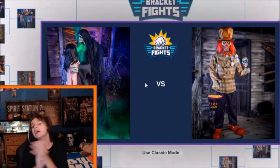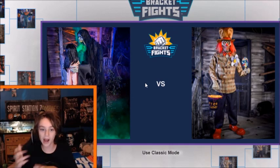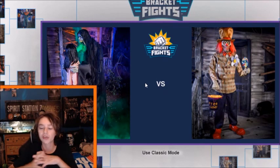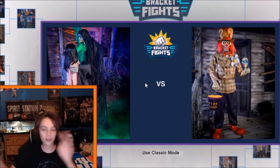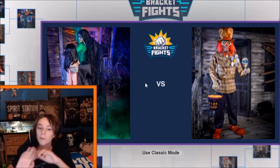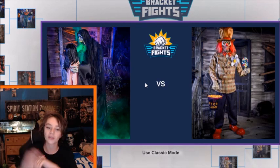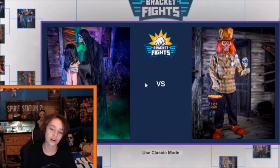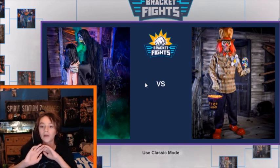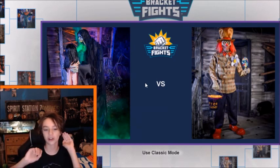And ladies and gentlemen, the moment we have all been waiting for, the last pick in my Spirit Halloween Animatronic Wars for 2020. The first annual Animatronic Wars is almost over. Our last pick, the Harvester of Souls going up against Uncle Charlie. Both of these ended up being brand new animatronics for 2020, and we actually got competing themes. Of course, Harvester of Souls in Jack's Cave, and Uncle Charlie in Reaper's Island. Both of these are absolutely amazing and unique props. I love that they brought back Uncle Charlie, and I also love